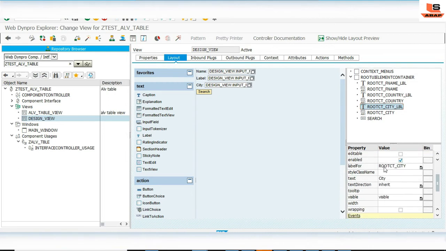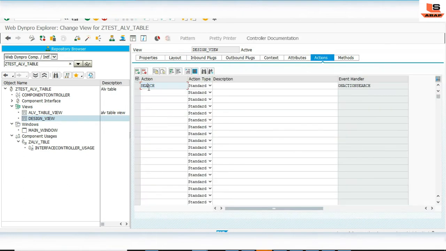For that, just double click on this search, go inside, click on the action, and write the code inside this search. We will implement the logic in this event handler.